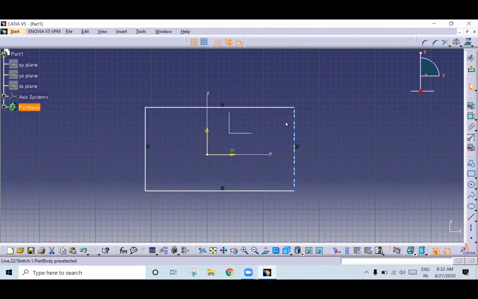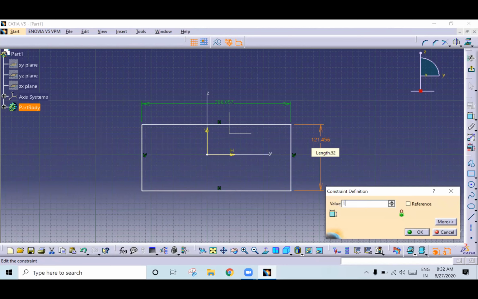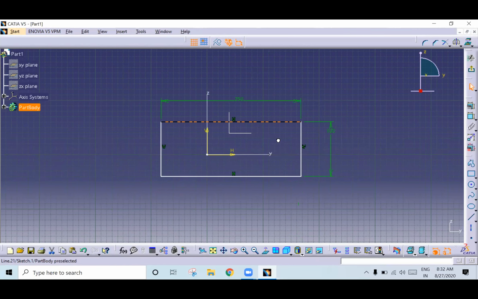You can give dimension with respect to this origin, or else you can use dimensional geometrical constraints. I will give length of these two. This I will give 100. This I will give 250. See, still it is not constrained because it is moving freely.